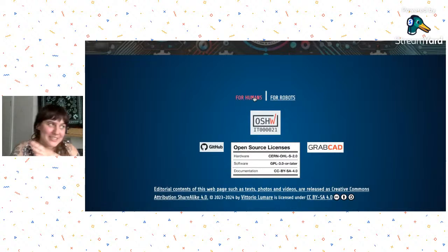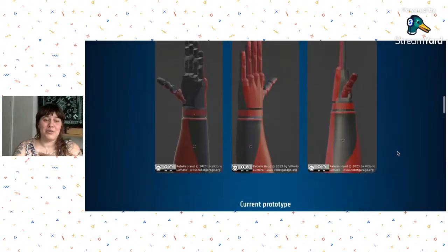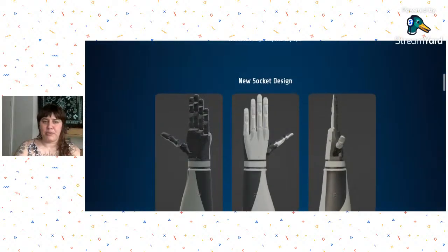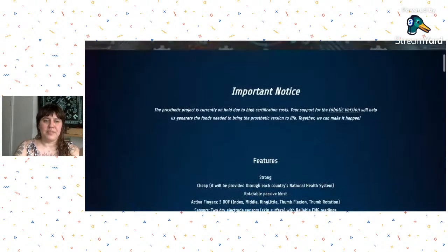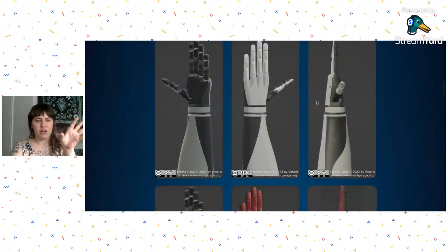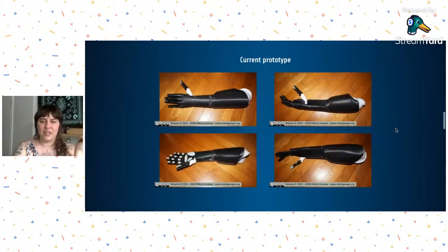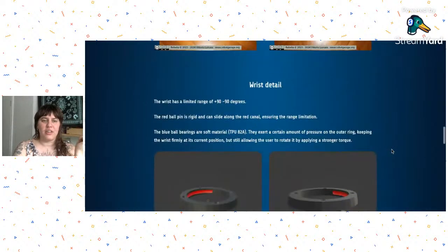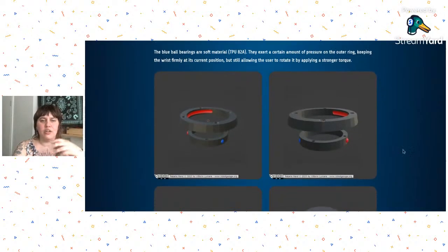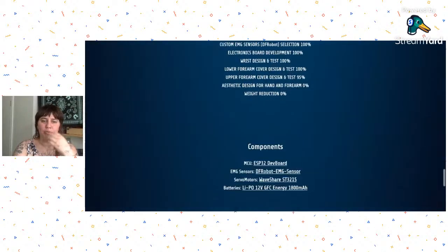But something that I think is even more interesting would be the human version. This version of the hand has some slight changes to make it more adaptable for human need. There are some parts that can move a little bit better within the socket, so that you have a little more range of movement with the hand. And as you can see with these current prototypes, it is a wonderful design. There's some info here on the wrist detail, how they're planning on utilizing different ways of having the wrist move. And you can see that there's a lot of really great